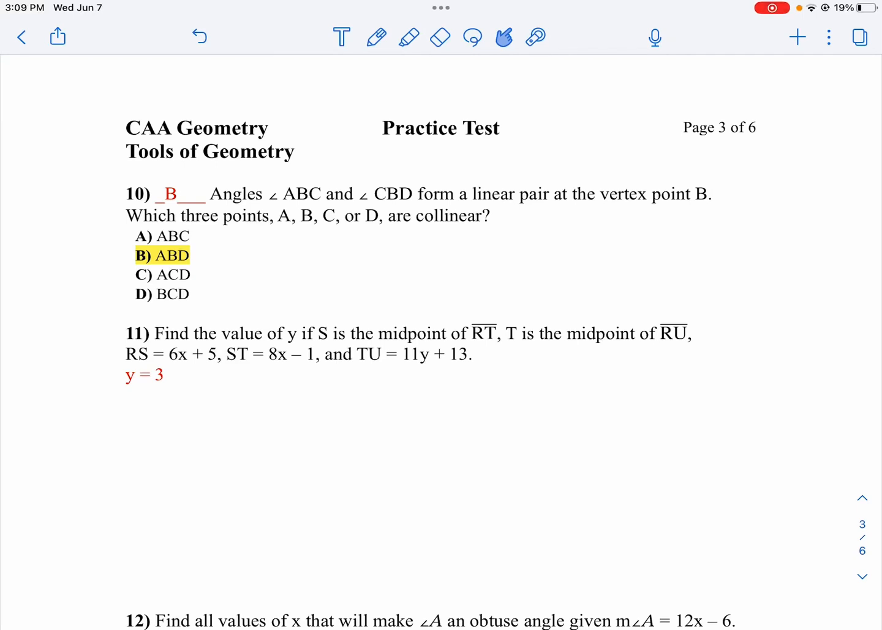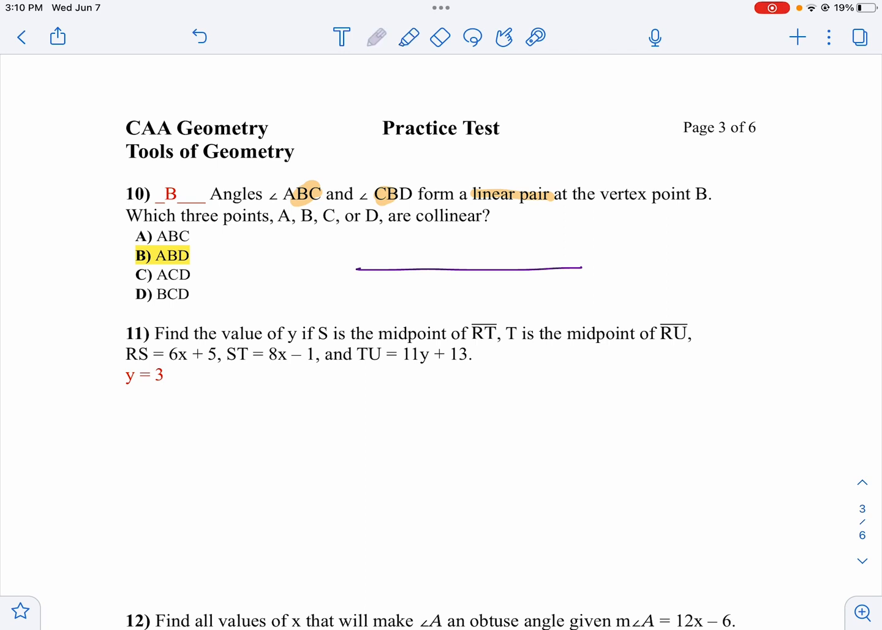On question number 10, we are told that angles ABC and CBD form a linear pair. So that means I'm going to get a line here. Now, what's on my line? Notice a linear pair means they're next to each other, so what's the same in both my angles? Well, I notice I've got BC in both of my